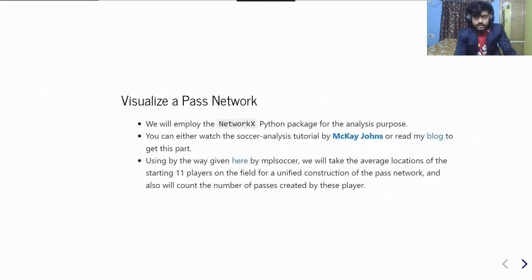next use this information with the events dataset and the mplsoccer package to draw a pass network, like to create a pass network visualization. And after that we can use the NetworkX Python package for the analysis purpose. So